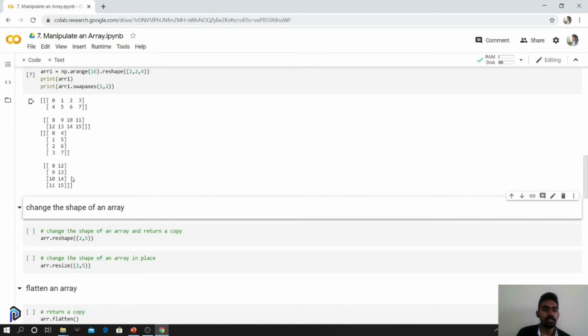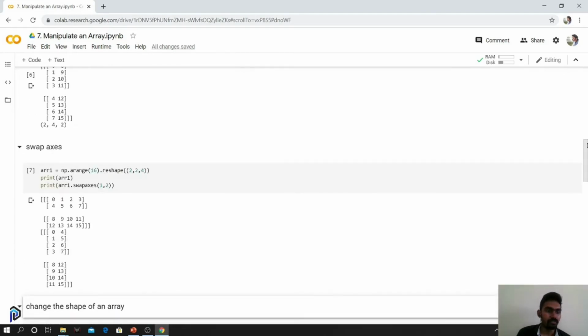The thing that we are going to change right now is the size: the number of rows is changed to the number of columns, as you can see. But the elements in the first array and the elements in the second array are similar. The dimensions alone, or the axes alone, are reshaped.